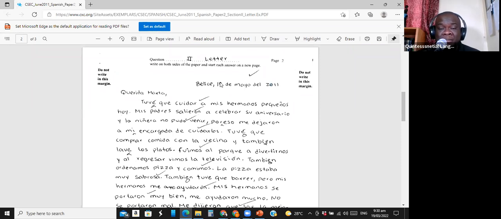You know, some students just do as well. They write out the number for 19, hoping and thinking that it would add to the word count, not realizing that they are being penalized for not writing the numeral. They try and write out dos mil once, thinking, aha, I'll get extra marks for words. I'll beef up my word count. Nothing could be further from the truth. You are marked down for writing your date incorrectly.